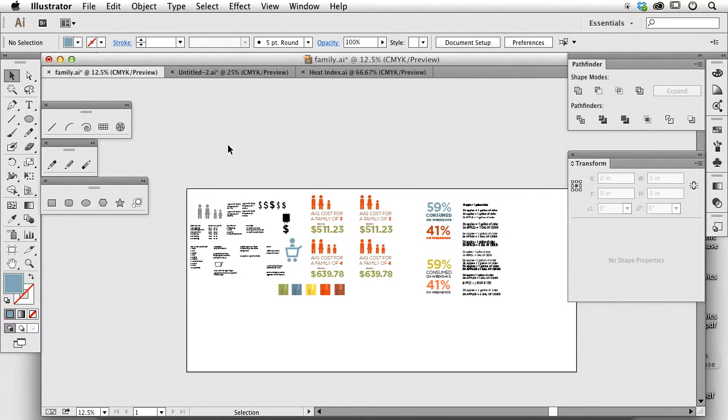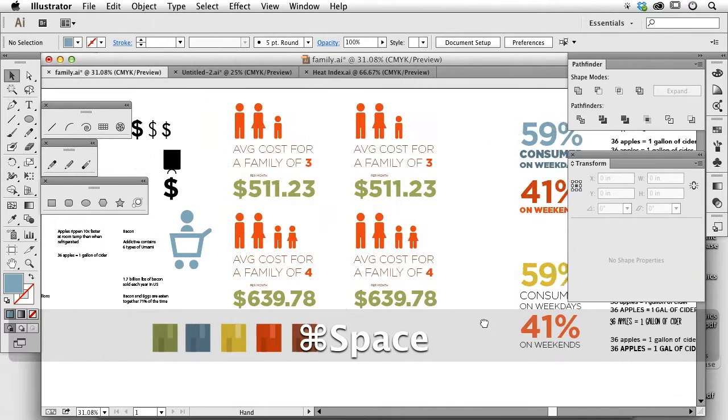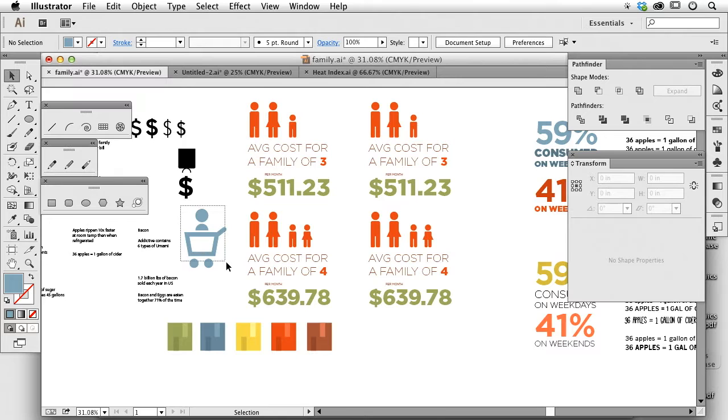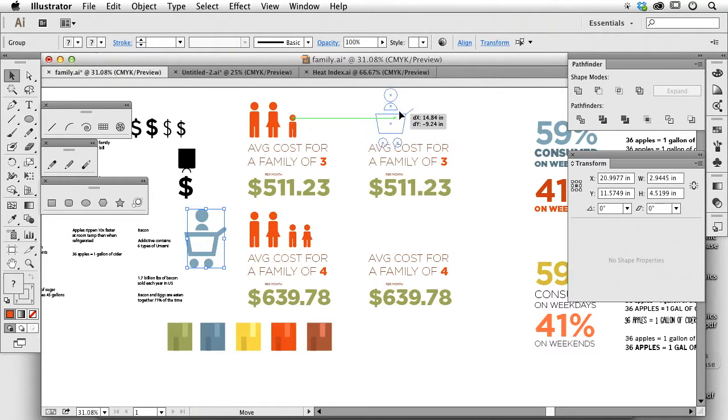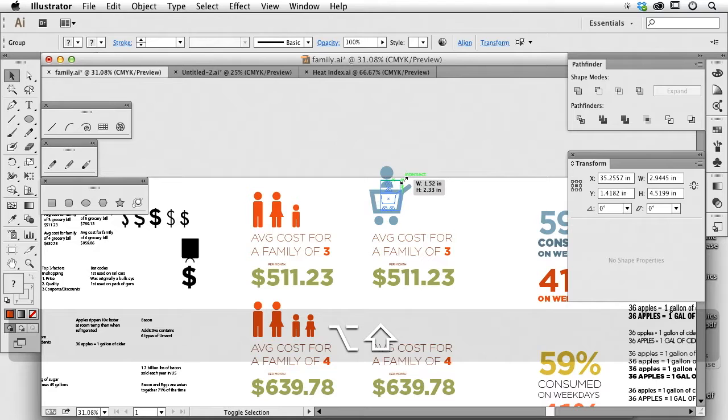Okay. So I'm loving this. I just think this is absolutely awesome. I do kind of like the people, but I like the cuteness of this little cart thing right here. So I'm going to take this, I'm going to get rid of the people here, and I'm going to try a little cart thing and see how that's going to work. It's going to make everything a lot taller, and I'm just going to scale this whole thing down